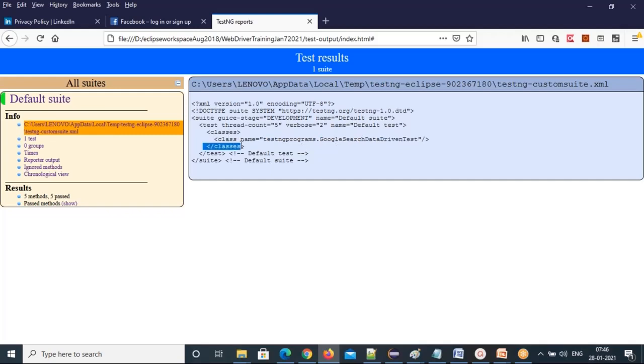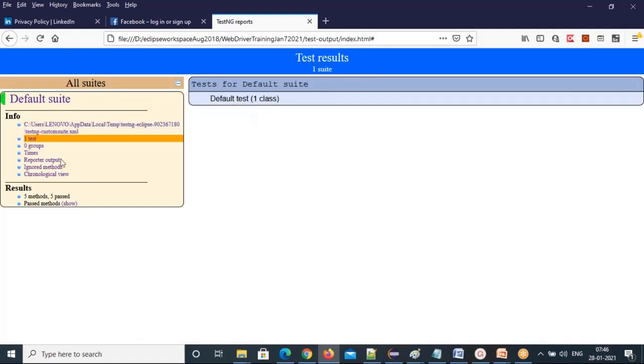Then close the classes tag, close the test tag, and the suite tag is closed finally. This is the default testng.xml suite file, called the suite file syntax. Now, we have only one test, the default test, and there are no multiple test tags.